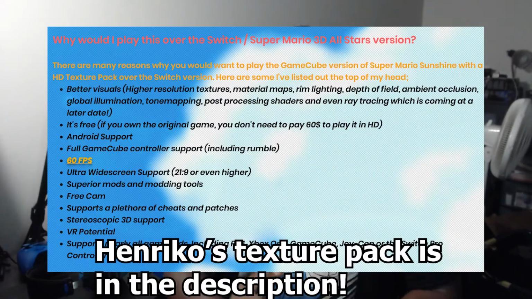For example, let's say you want to get the best experience from Super Mario Sunshine. What you do is get the Dolphin emulator, or one of the forks of the Dolphin emulator. I forgot what it was, but you will need to get your own copy of Super Mario Sunshine for the GameCube. And you can get a 4K texture pack that enables 60 FPS and ups the textures by a ton of pixels. It's going to make that game sharp. Like, you touch that game, it's going to cut you. I'm telling you, it's going to be sharp as hell.